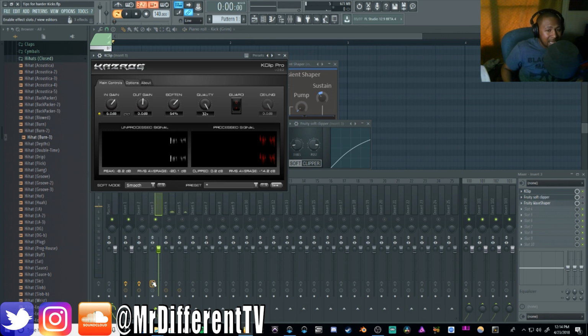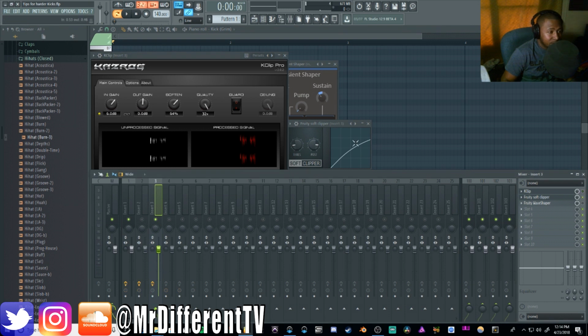Now, like I said, it sounds like it's distorting and all that, but it's not because you're soft clipping it. You're taking those transients, those peaks, and you're pretty much smoothing them out. You're not chopping them off like with a hard clipper. It's a more gradual kind of transient effect, and you can push it a lot harder. So if you want a little bit more loudness, this is a great way to do it. Even with the Fruity Soft Clipper,